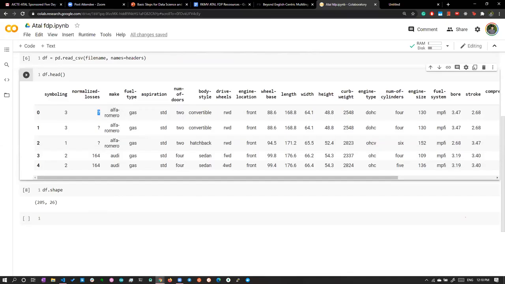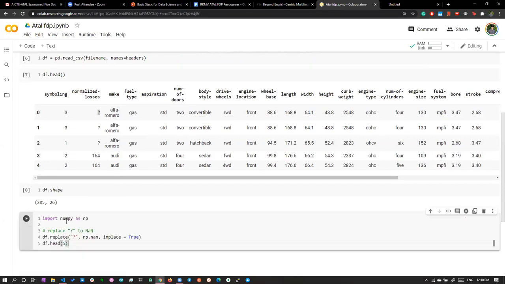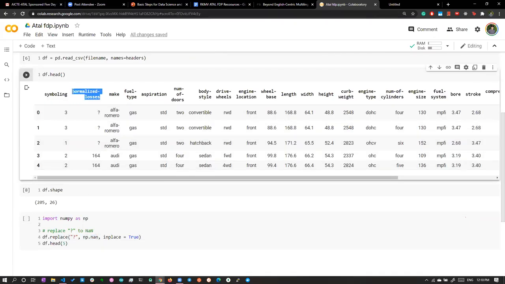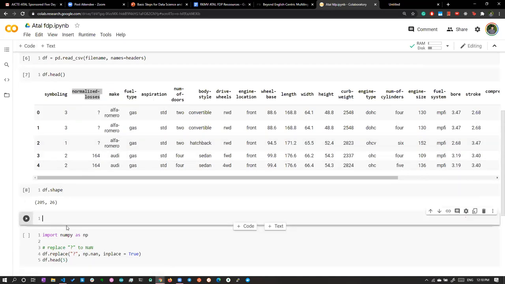So how can we do that? We can import numpy, because only numpy has NaN. So we import numpy, and np.nan is what we need. We are replacing every question mark with NaN. If you just want to know how this is distributed, then again you can use value counts. df of that particular column dot